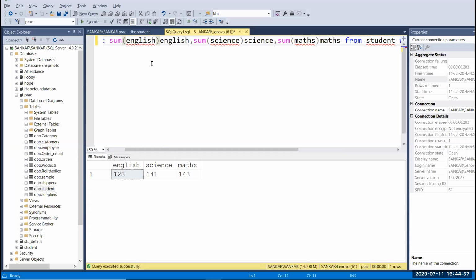You get the sum of the values: sum of English, sum of science and sum of maths, in the triple E department. That's all, and it sums the entire column, based on your condition.